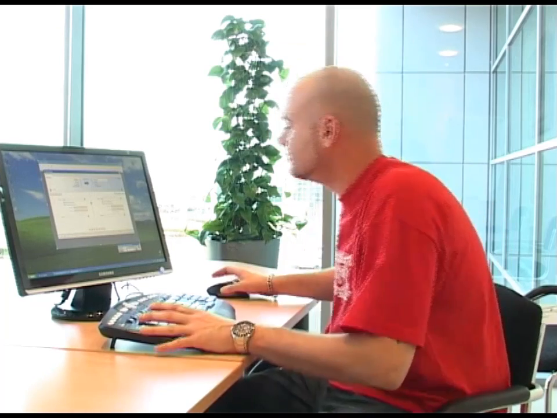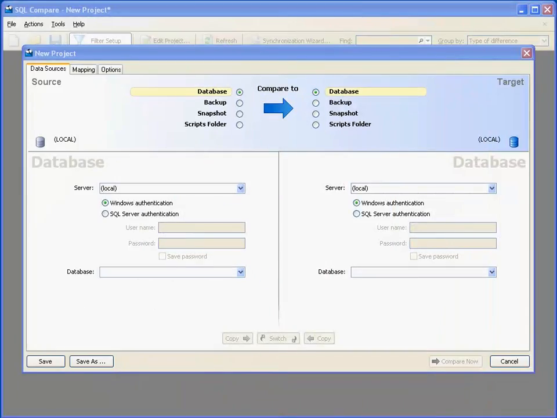I'm one of the sales managers at Redgate Software, and today I'm going to be giving you a demonstration of how we can compare the schema of two databases using Redgate SQL Compare. We're going to update an example database called widgets. I have two versions of this database, a production copy and a staging copy. I'll show you how to use SQL Compare to copy the changes made to the staging database schema over to